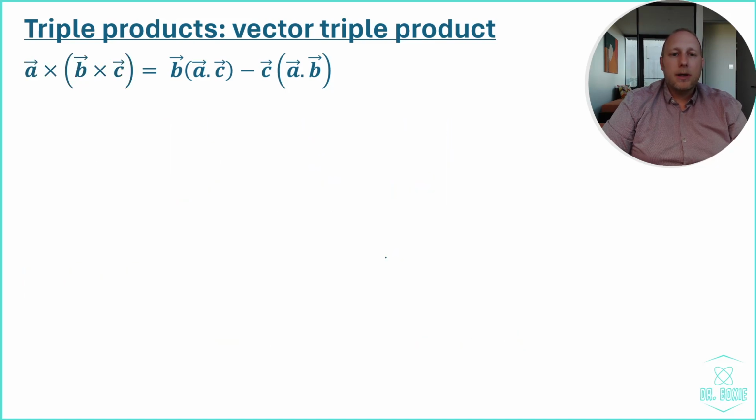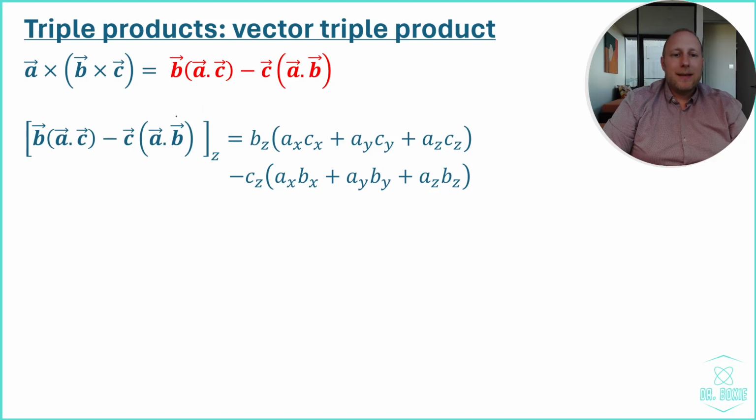Let us now look at the Z component of the right-hand side. Now, what is that? If we want the Z component, notice that A dot C here is just a number. So we're multiplying this number, which is equal to the whole of this, AXCX plus AYCY plus AZCZ, it's a number, multiplied by the Z component of B, BZ. And similarly for the other term, so A dot B just becomes AXBX plus AYBY plus AZBZ multiplied with the